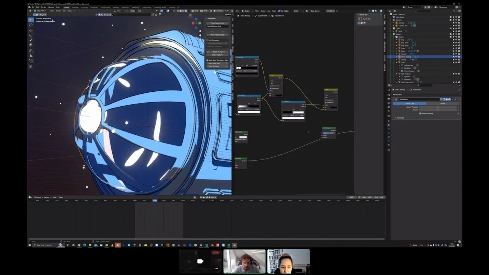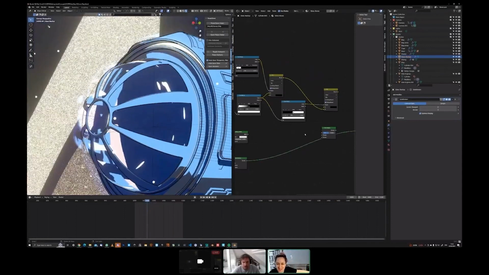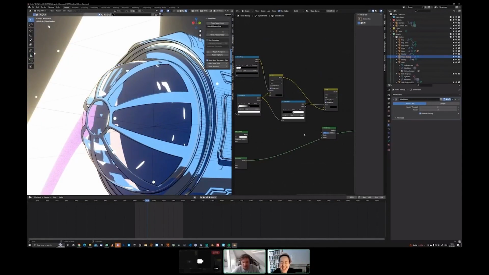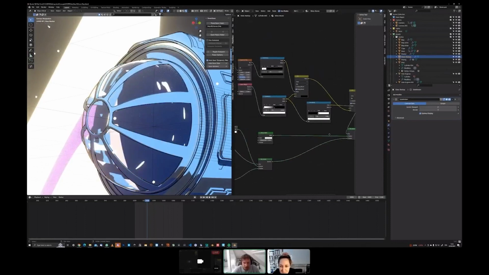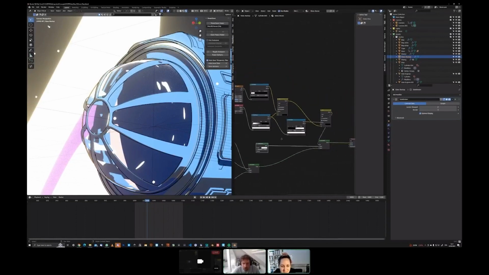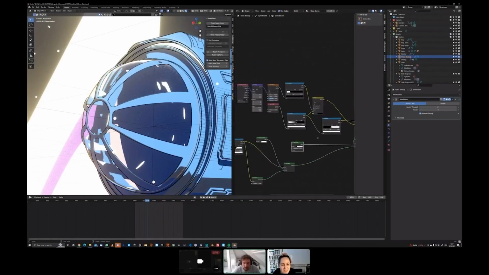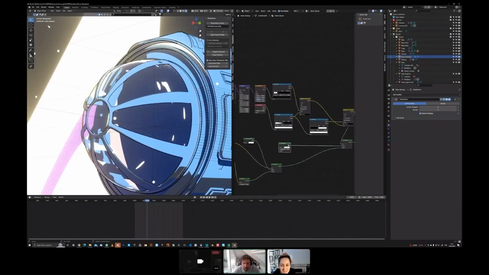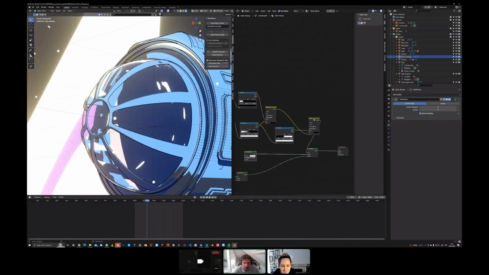But that wasn't enough. So what I did then, let's see if I can control Z. That wasn't good enough. We need more. So let's see, almost there. Vector, yeah. So what I did here is I mixed in another diffuse, and that diffuse gets mixed in with